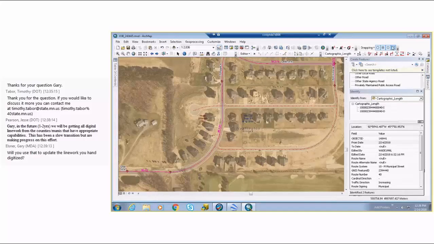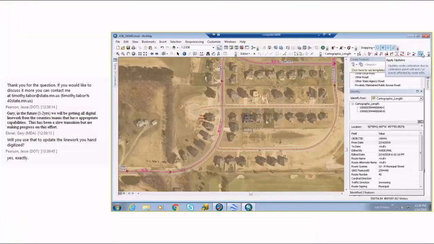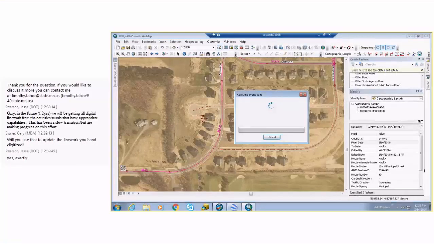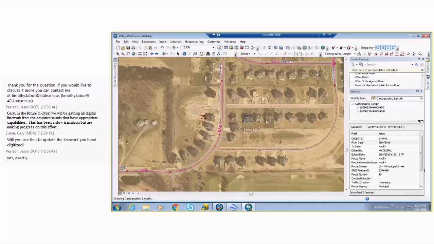Okay, so in this case, once again, we don't want to forget to apply our updates, which is really important in this scenario because we want those new measurements to redistribute on the events. So we're going to hit apply updates. Okay, and so we can check with the identify tool to see if the edit went through, and we have